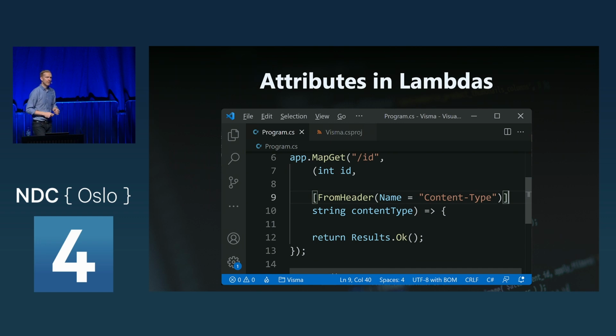And another improvement that they're making in C# 11 is that they are allowing you to have default values in lambdas. So I could say that if you don't pass an ID here, the default is 0, for example. Which is also one of those features that I don't understand why it took so long to add this to the language.